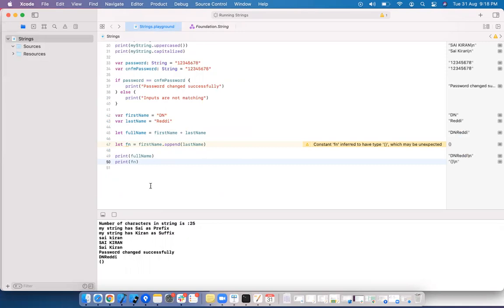Here, what is this? Simply printed first name. See, constant fn inferred. Okay, it is empty actually.